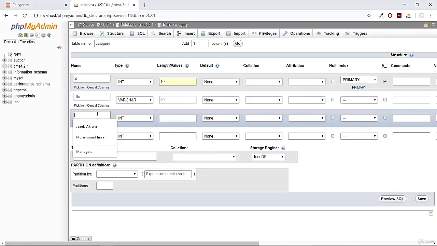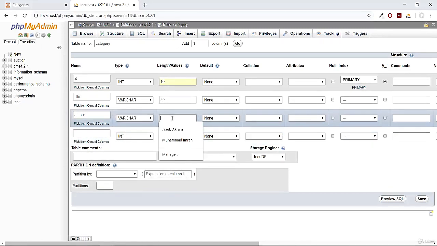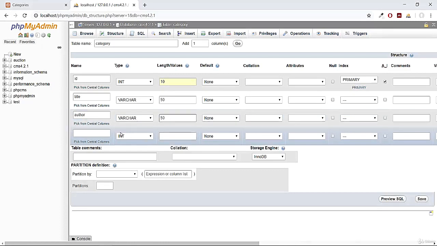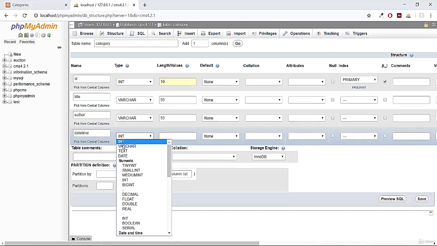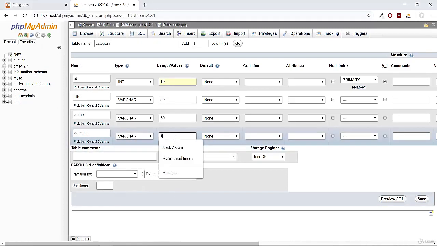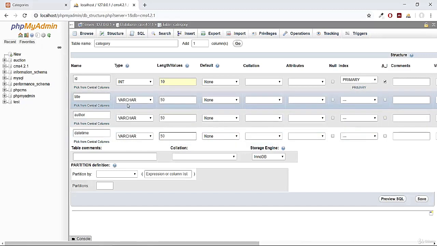The third column will be the author of our category, the person who is creating this category via CMS, and its type would be varchar as well. And for the author name, let's make it up to 50 characters, I think that would be fine. The last column will be date and time, the time and date when our author is going to create this category. So specifying our date and time here, its type would be varchar as well, and it will be up to 50 characters as well. You can also make the title of category more than 50. It's completely up to you, but I will stick with only 50.